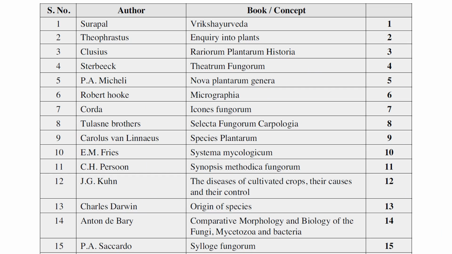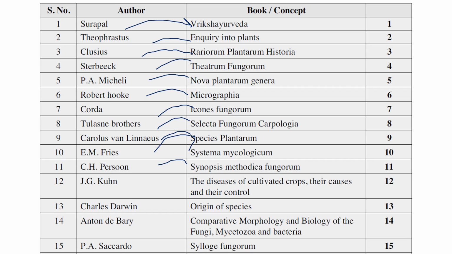And here given the book's author name and the book written by him, or the concept that he told. So Surapala, he wrote a book Vrikshayurveda, and Theophrastus, Enquiry into Plants, Clusius, Rariorum Plantarum Historia, Van Sterbeeck, Theatrum Fungorum 1675, P.A. Micheli, Nova Plantarum Genera 1729, Robert Hooke, Micrographia 1665, Corda, Icones Fungorum around probably 1660 I think, Tulasne Brothers, Selecta Fungorum Carpologia 1854 I think, Carl von Linnaeus, Species Plantarum 1753 probably, E.M. Fries, Systema Mycologicum 1801,